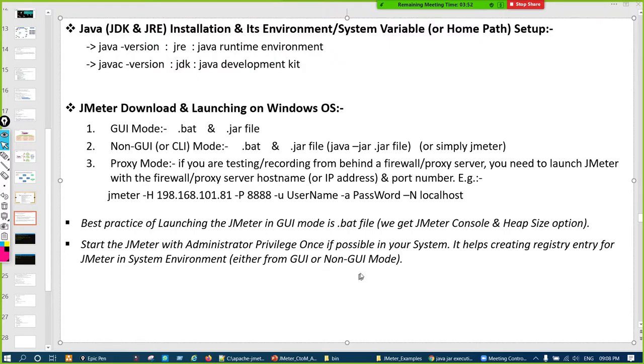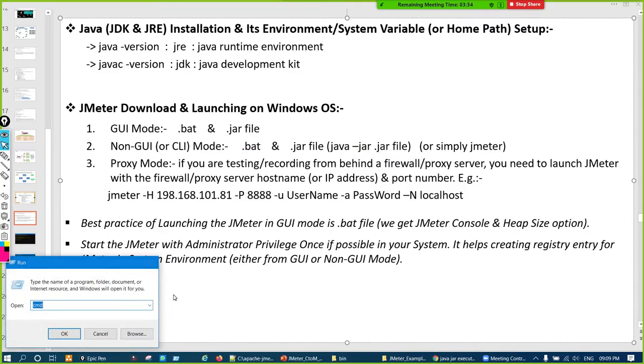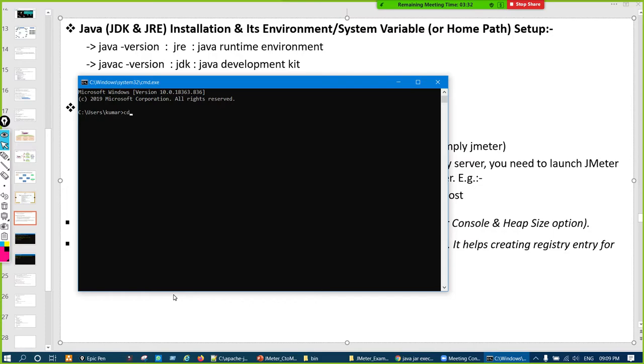Now one more method is there, a very simple method. It works for Windows OS basically. No need to write .bat or .jar. Simply type JMeter and JMeter will open. So go here, cmd, then navigate to the bin directory.